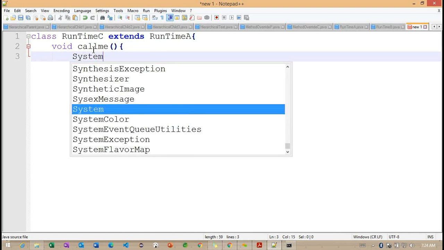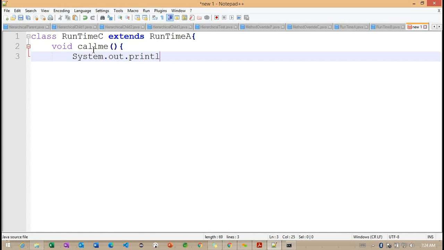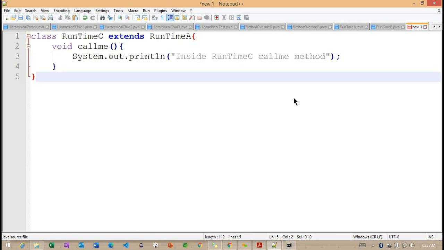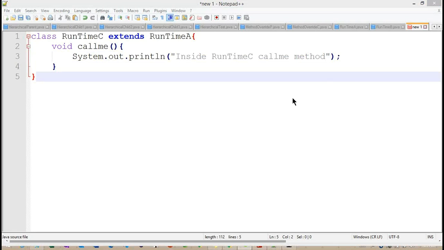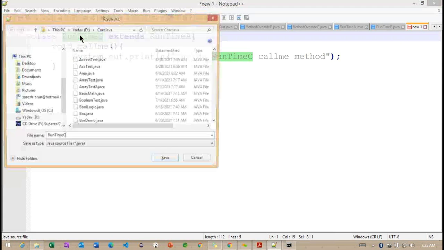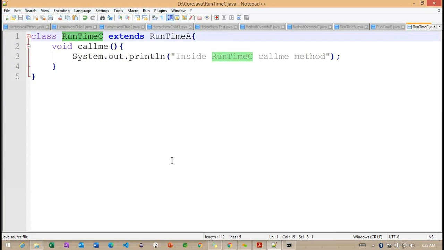Here one more call me method, and I'm not defining much code inside this method, just a simple message inside runtime C. Let me save this runtime C class. Okay, so we save all the classes here.